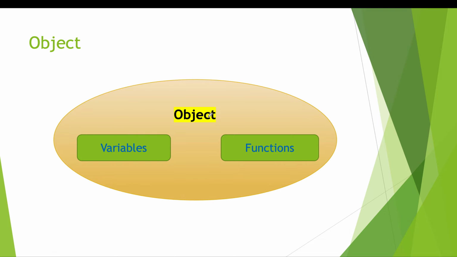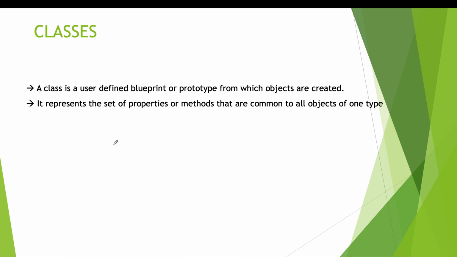So when we'll define an object, we'll say objects have variables associated with them and objects have functions, and these variables and functions are put together in something which is called your object. Now, what are variables? When we'll talk in formal language, we'll say variables define the state of the object and functions define the behavior of the object. So just these two things sum up your objects. So this provides all the information that you need to know about an object.